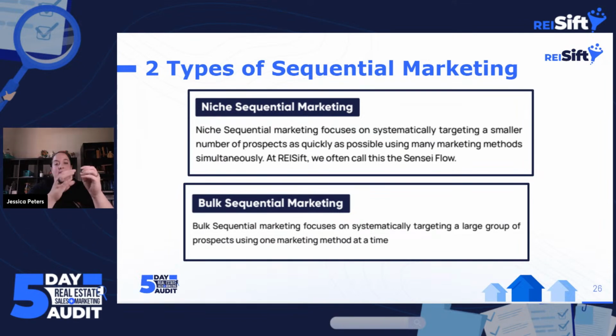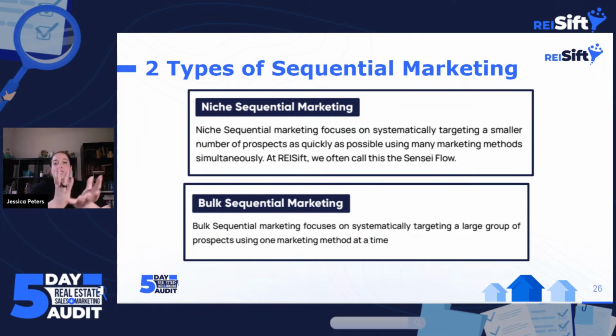And you're going to upload it into Sift. And so you have a smaller number that you're targeting that day because you're pulling it frequently. And so you're going to do niche sequential. And you're using many marketing methods simultaneously. So you're using usually a click to call, like we are integrated with AirCall or smartphone, and you're going to click to call. If they don't answer and the voicemail picks up, you leave a voicemail. If it's a mobile number, you're going to go ahead and send a text right then. You can do that with smartphone, and then you move to the next number, right? It's like a manual thing.